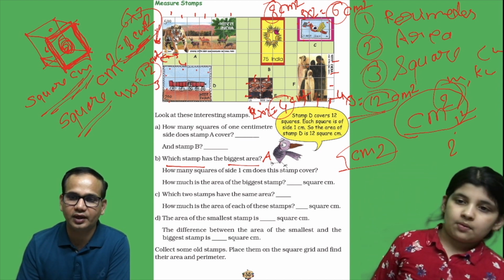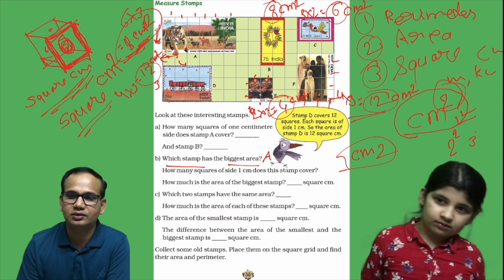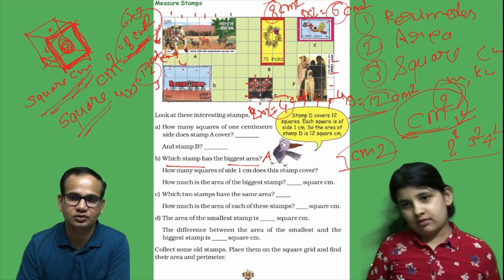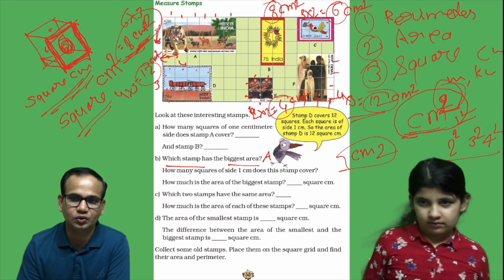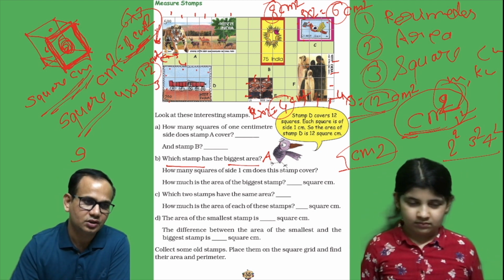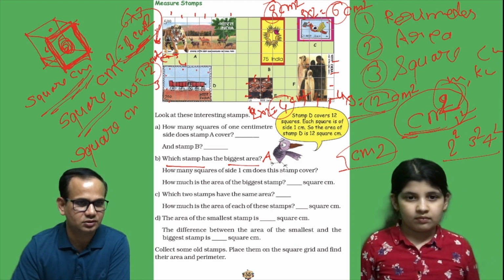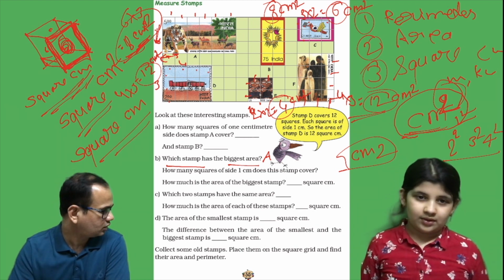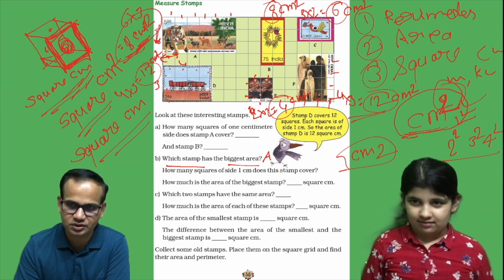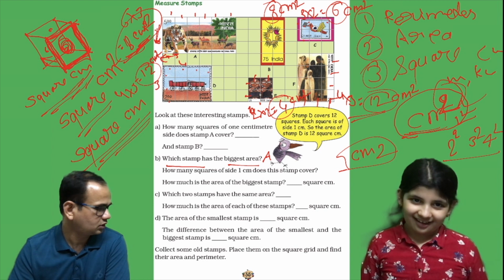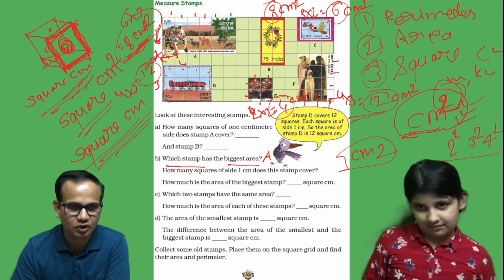And this 2 generally we say square. If I say 2 square, generally we write 2 square, 3 square, 4 square, like that. That's why square centimeter. Otherwise you can write like this. If you are getting confused with this type of terms, just write square centimeter. Okay? Understood? Have you understood or not?